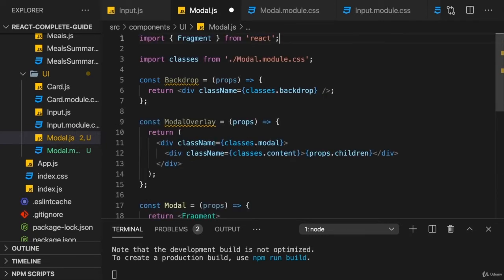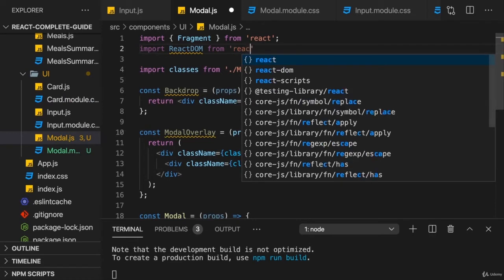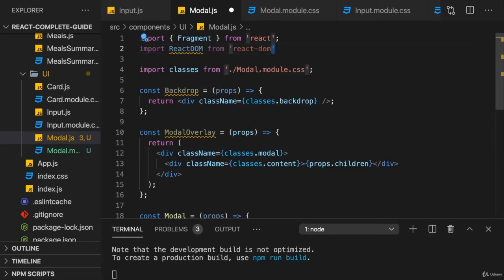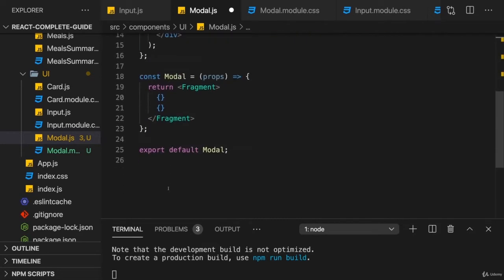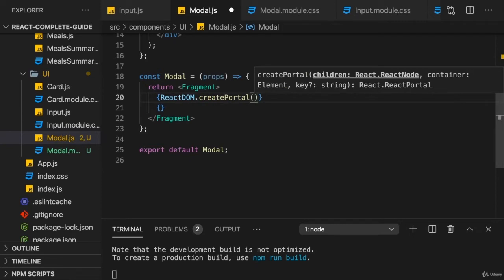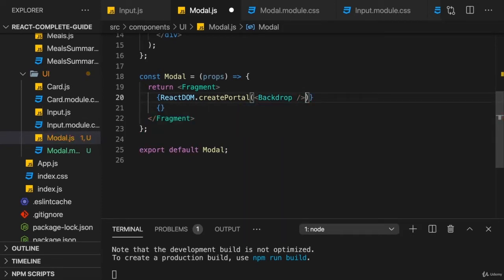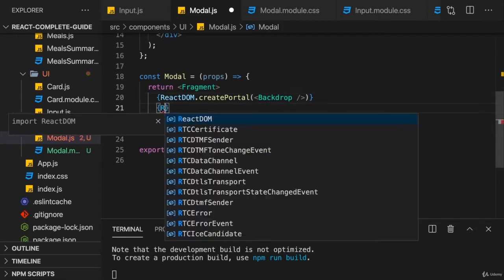For that, we need to import it, and it is actually available on the ReactDOM object from react-dom. So not the React library itself, but the ReactDOM library, which of course also is by the React team though. And with this import added, therefore, we can access ReactDOM.createPortal, and create a portal for the backdrop,